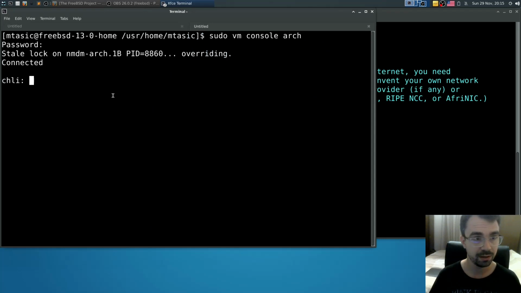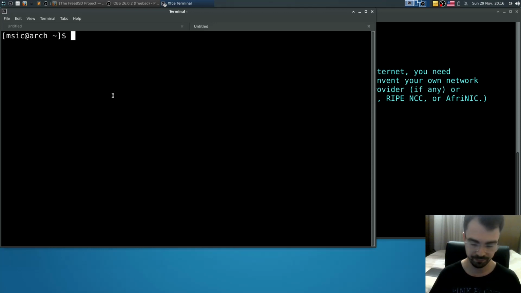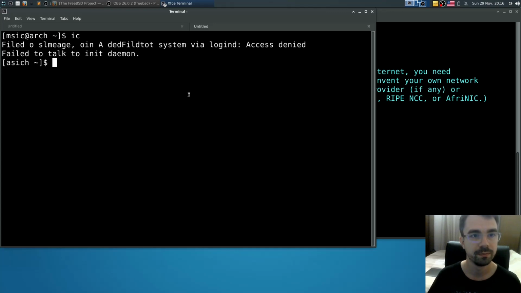Login. Ooh. Someone actually reported this issue, and I told them to reboot the computer because I saw that happening before.